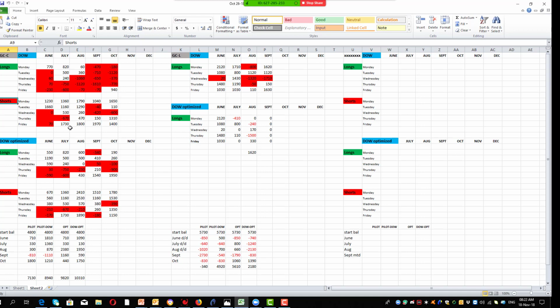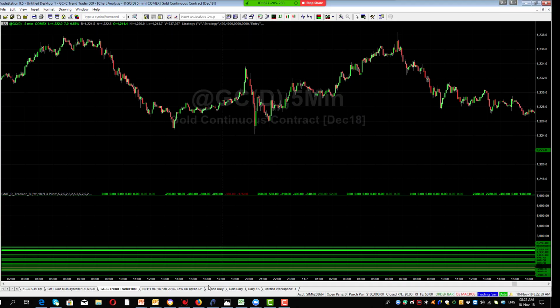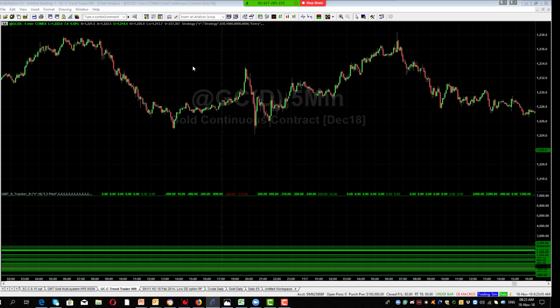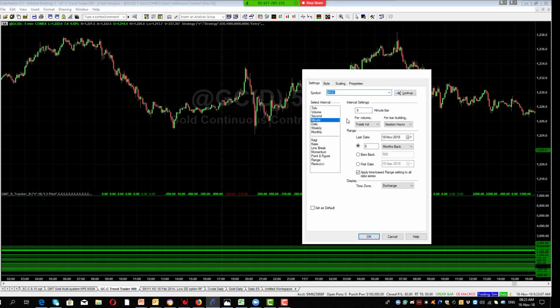Now, what we did was we looked at each month and ran an optimization on the 15th of each month, or halfway through each month. So we'd re-optimize the charts. And the way we did that was we went into the chart. If I go into gold here, the first chart was set up with 12 months of data back, and then every month we would go back and do a 4-month optimization.